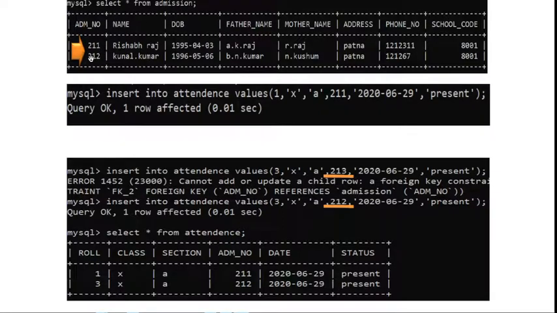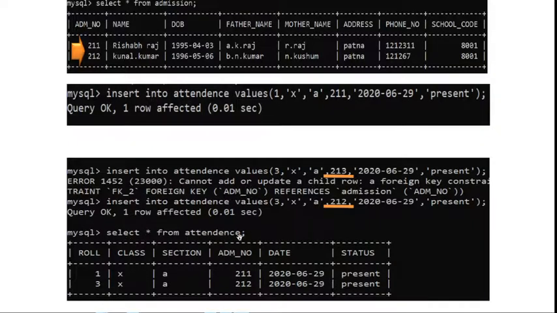If this value is not there, you cannot store it, and it will reject your operation. 213 is not stored in the parent table and 212 is there, so the query is okay.